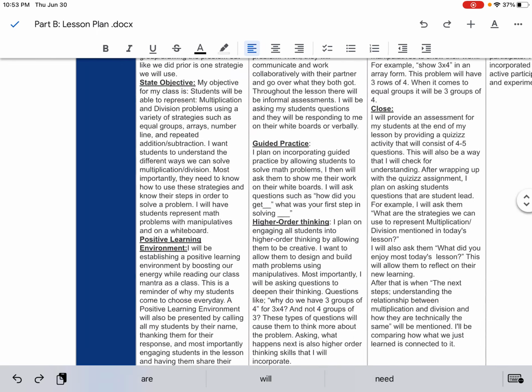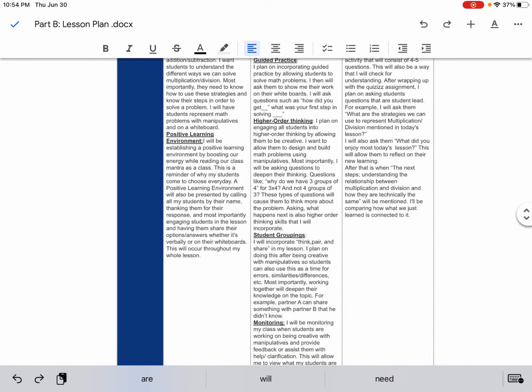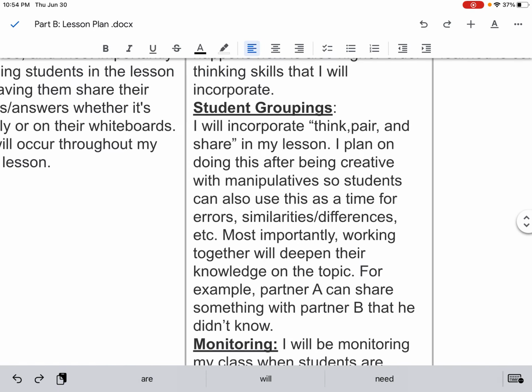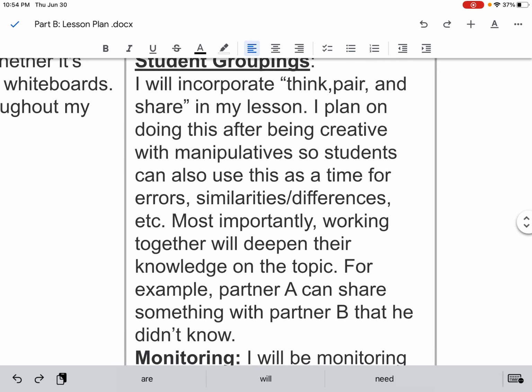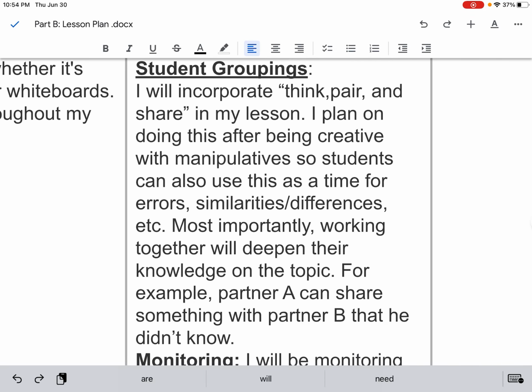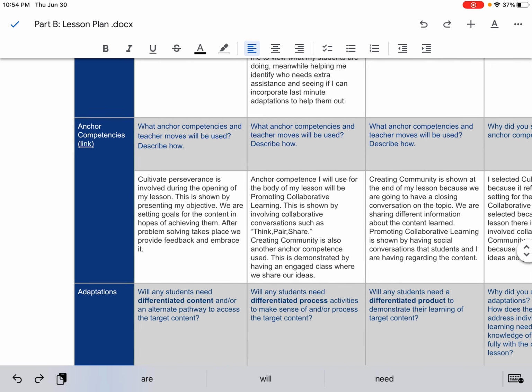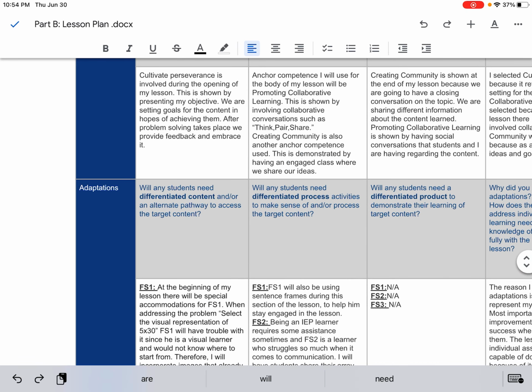And again, if we go down right here, this is where they're collaborating in the think, pair, and share. But then, again, my lesson plan is different. The template I'm using is different because this is from Cal State Teach. But then if we go right here, under adaptations,